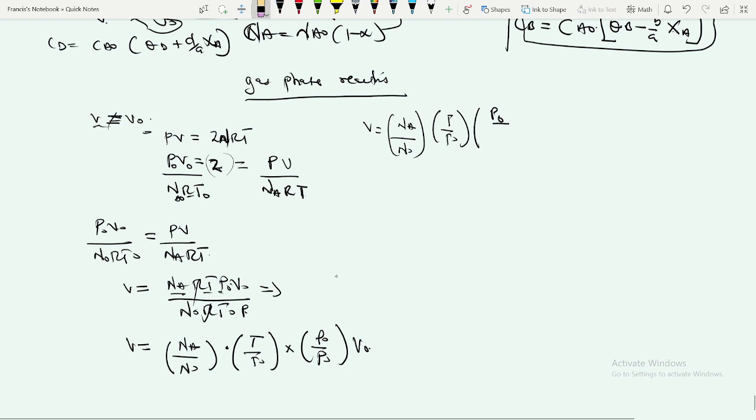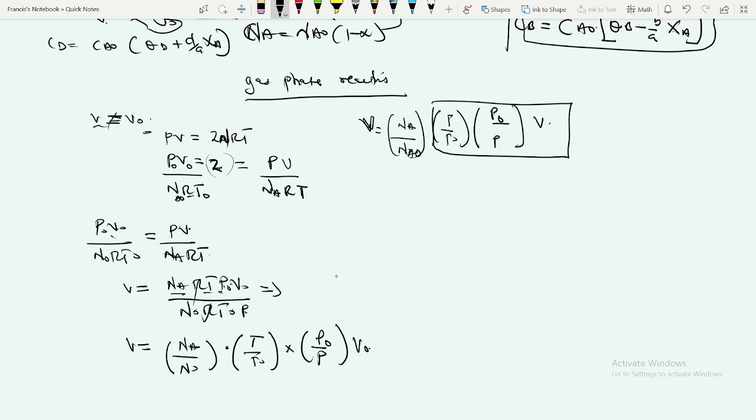Why did I put P naught? So from here, no, we are making V the subject. So it's supposed to be nA over n naught times P naught over P. Yeah, so P naught over P. So there is no P here. So P naught over P multiplying V. Now this is actually the relation between them. Now how do you find the ratio between nA over n naught? So this is supposed to be n naught, right? Yes,